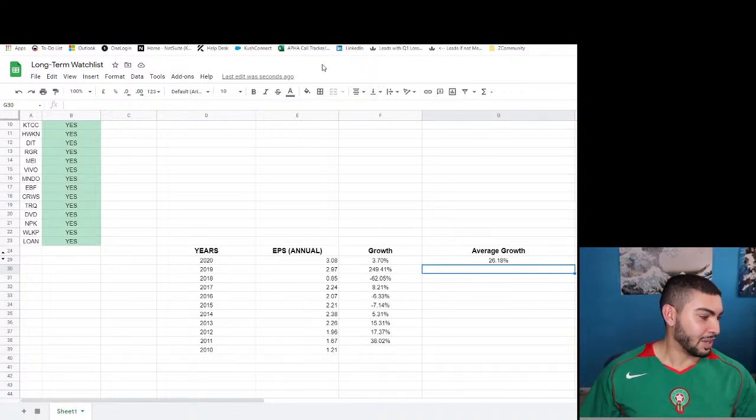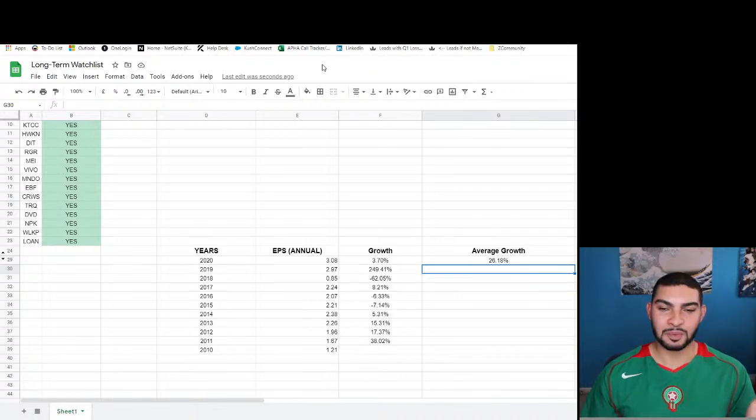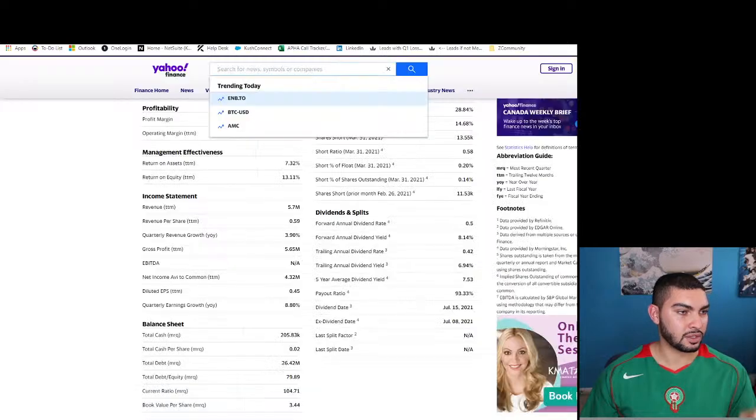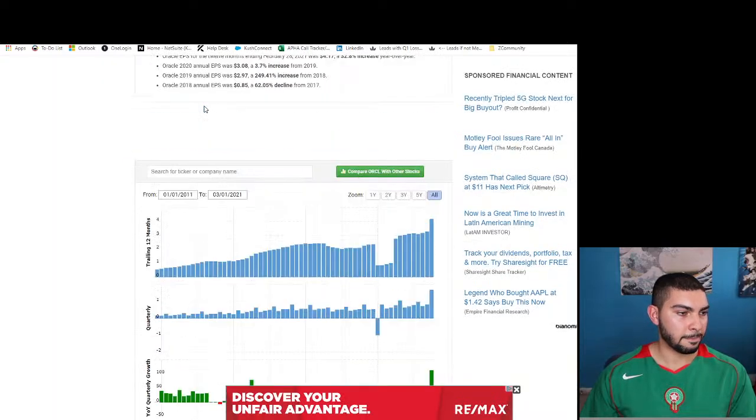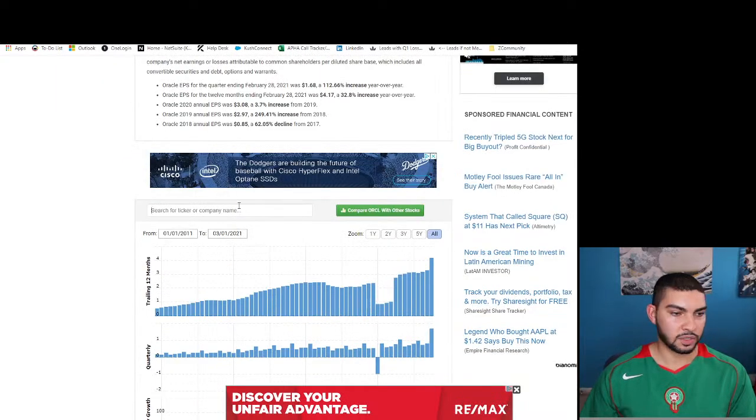I know that was a lot, but since we set up the formulas, it's going to be a lot simpler, because all I have to do now is just change the EPSs, and that's it. So let's go about doing that now to the next stock within our watch list, which is going to be search for a ticker symbol and